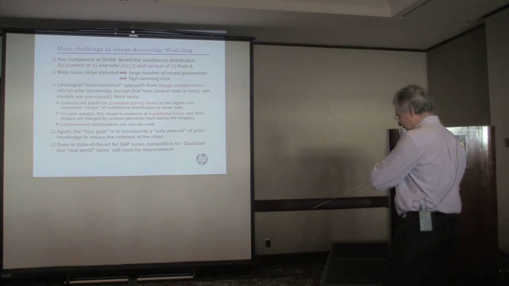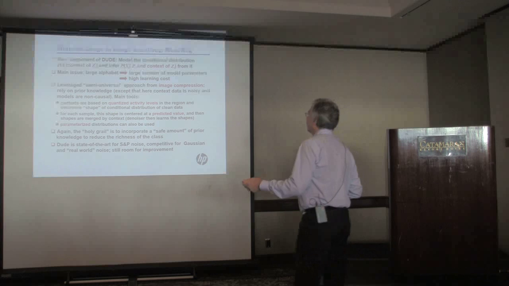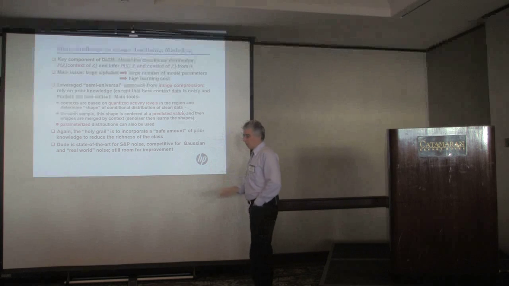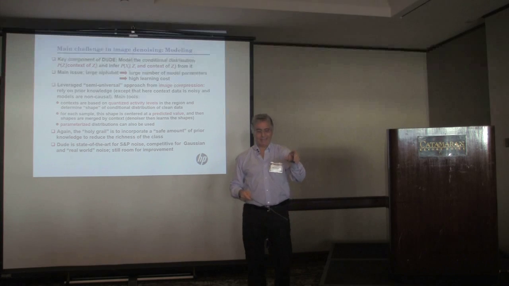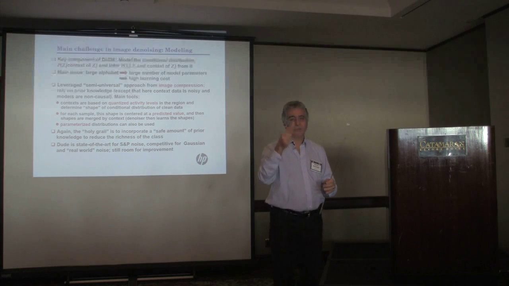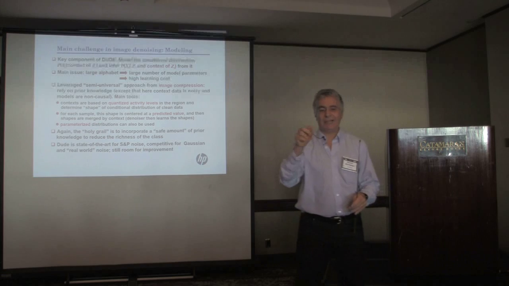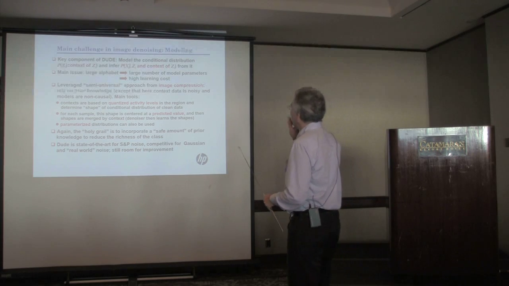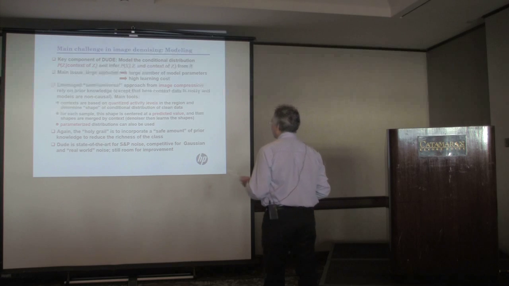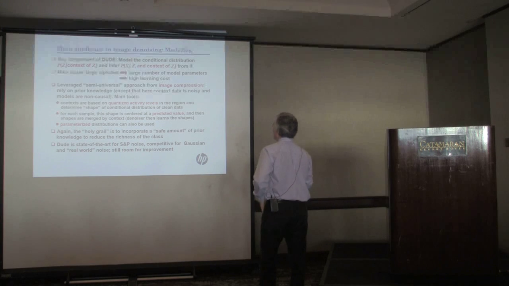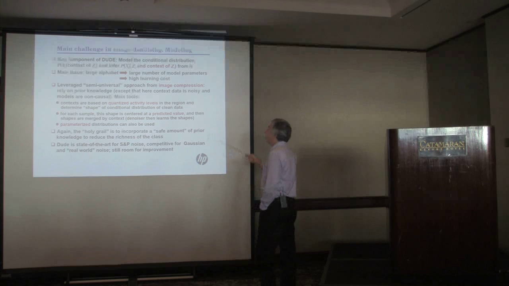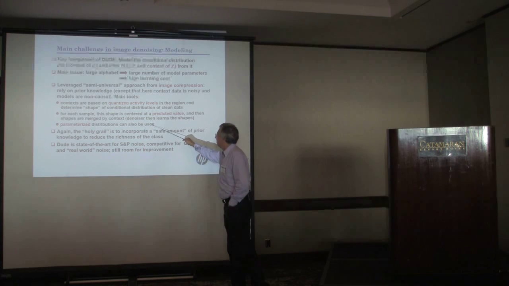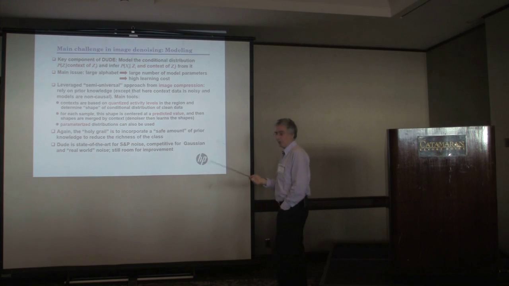Okay? So what are the main tools that we have used? Contexts are based on quantized activity levels. So when we talk about the context of zi, we don't make counts like in the DUDE paper. We don't take counts of pixel values. We take counts of pixel values conditioned on quantized activity levels. And this determines the shape of the distribution. We could parameterize. We don't do it in the best results we have. But we could parameterize these distributions, like we do also in image compression.